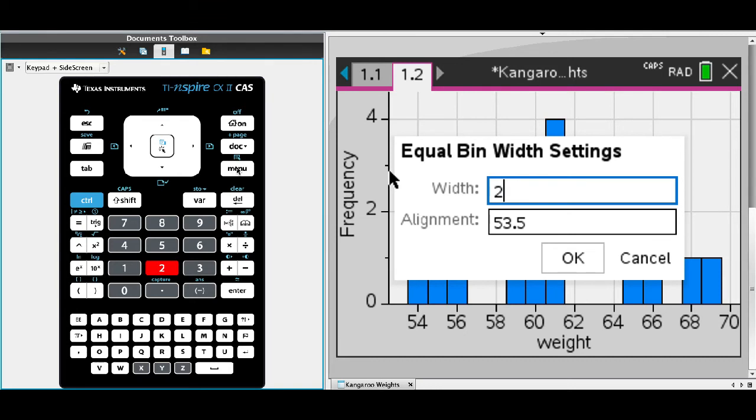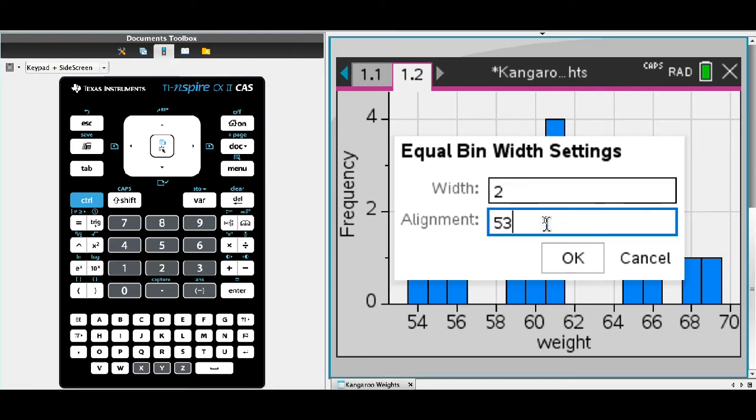This time I need to put in my starting value. Now if I wanted my first one to go from 53 to 55, I would change the alignment to 53. That would be the starting number of the histogram columns. If I go OK,